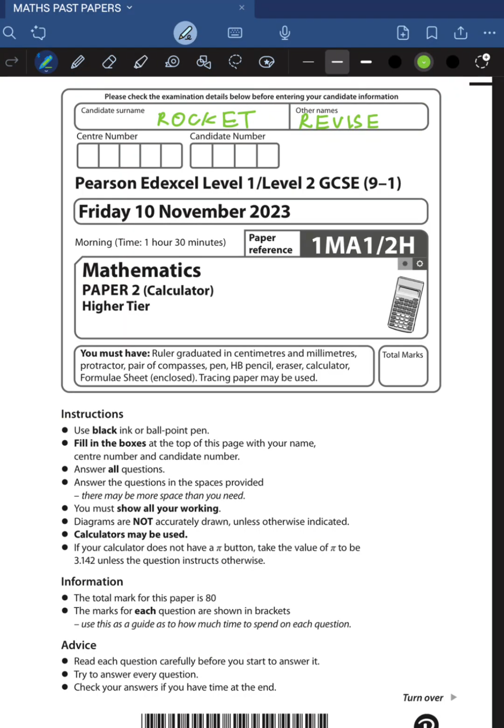And today I'll be doing a 2023 November Paper 2 GCSE Edexcel, which is of course calculator, in under 30